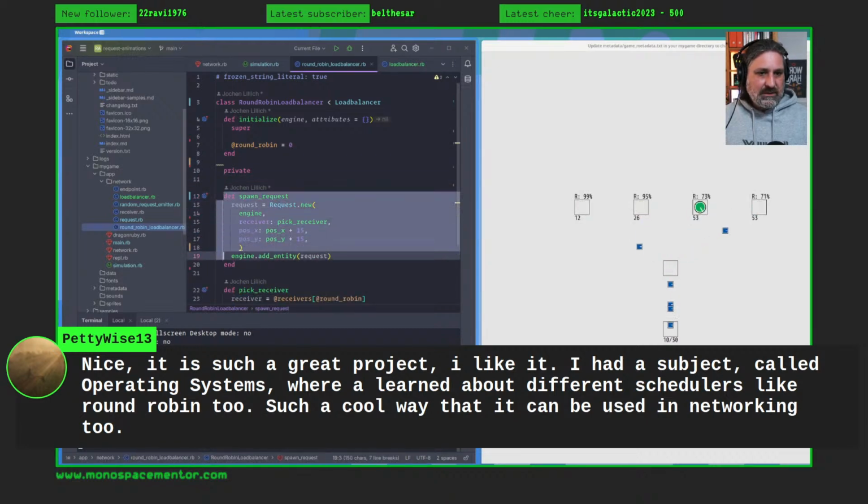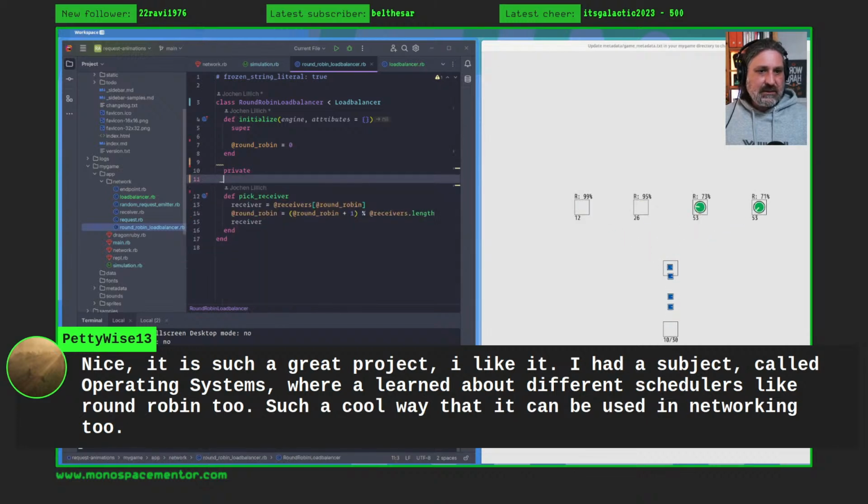Spawn request doesn't need to be defined, and the only thing that we need to define is pick receiver. We need to override that and return our receiver, and that way we've built our round-robin load balancer. It's a load balancer that simply cycles through the available receivers,